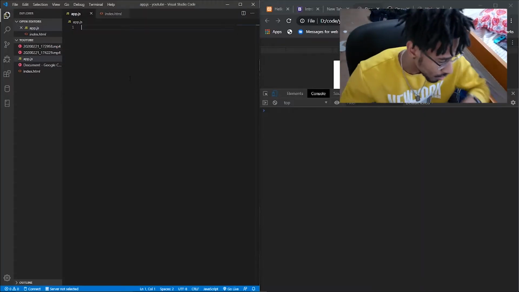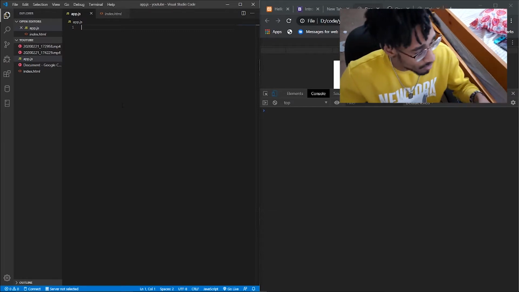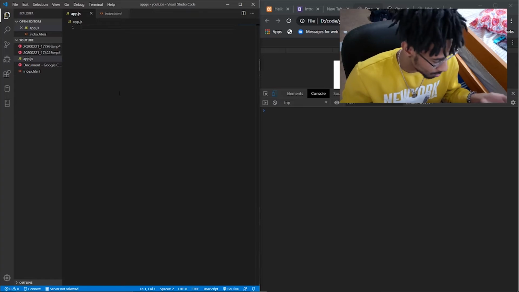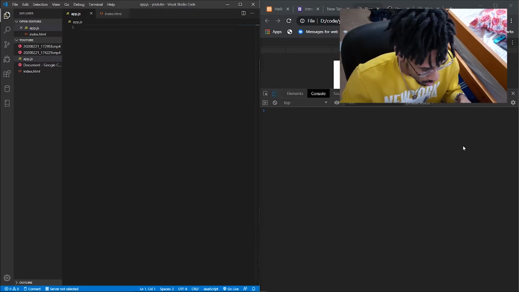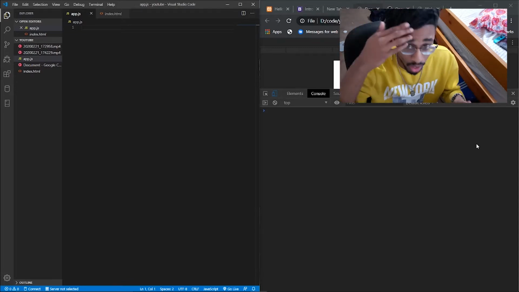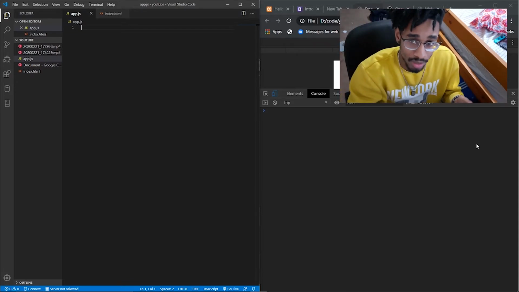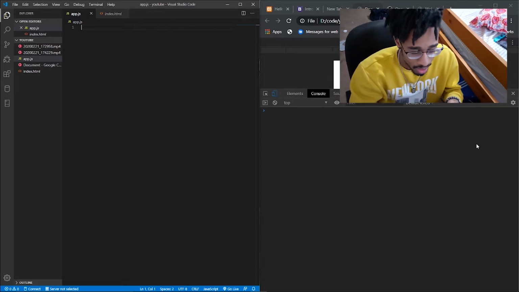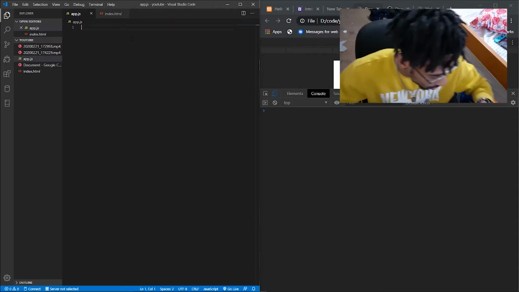Cool. So, here we are. The screen on the left is a text editor. It's where you type your code. And on the right, I have the console, which for JavaScript specifically, you can see all the errors and outputs of the programs and code that you write. But you'll see what I'm talking about in a second. So to start off,